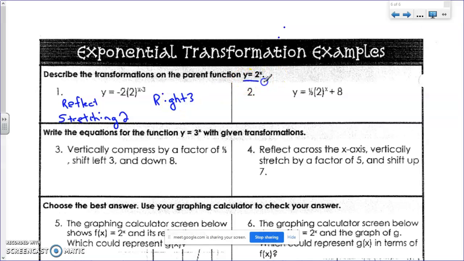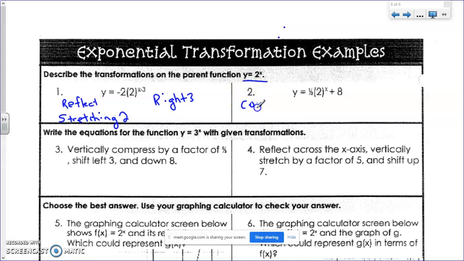Okay, so this is the parent function. Anything different from this 2 to the x has to be taken care of in the problem. Does that make sense? So what happened to this? It was negative 2 and then minus 3. All right, on this one, it is